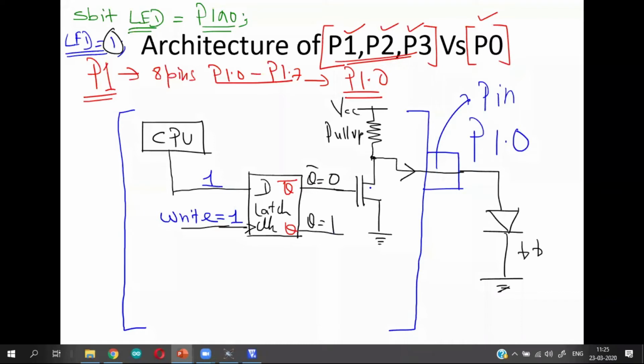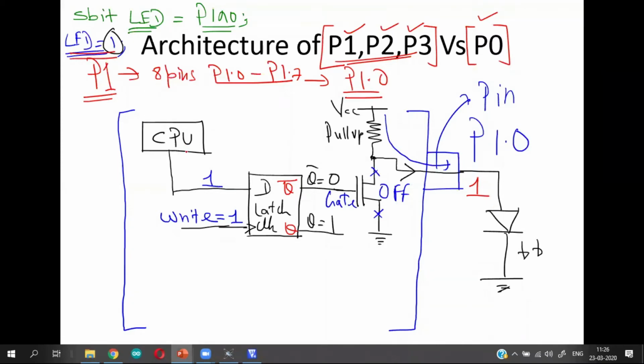You all know this FET device: when the gate terminal takes a voltage of 0, it is going to be in off state. When this is in off state, this transistor becomes an open switch, which means the output of this particular device is pulled up by this pull-up resistor, and hence you get an output of plus 5 volts or a Boolean 1. That is how I get a 1 at the output for LED equal to 1.